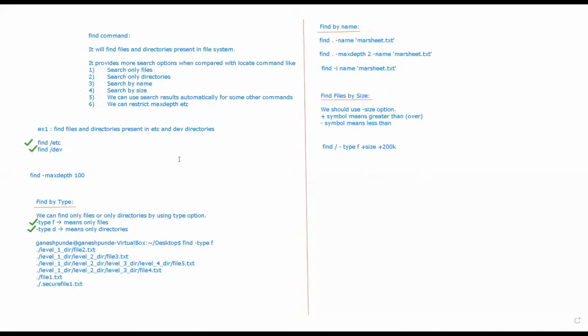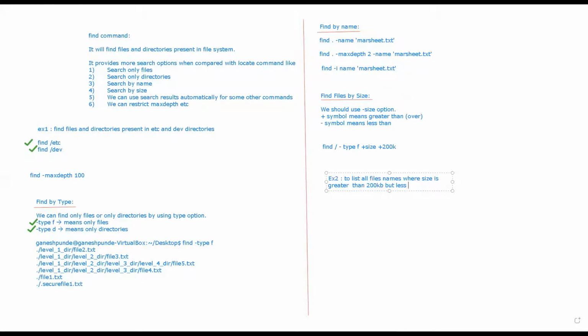Let's say another example, example 2: to list all file names where size is greater than, let's say, 200 KB.